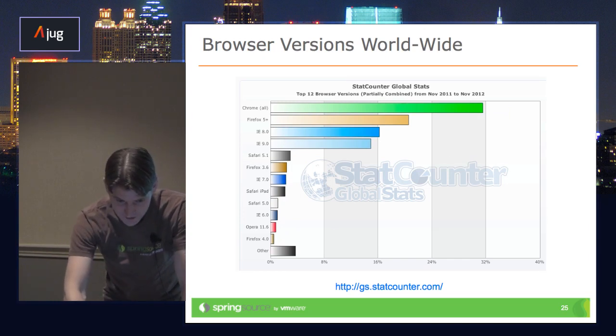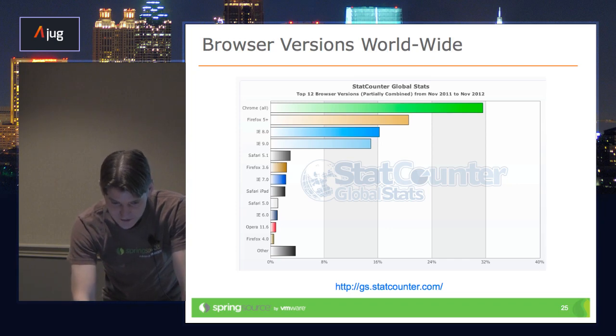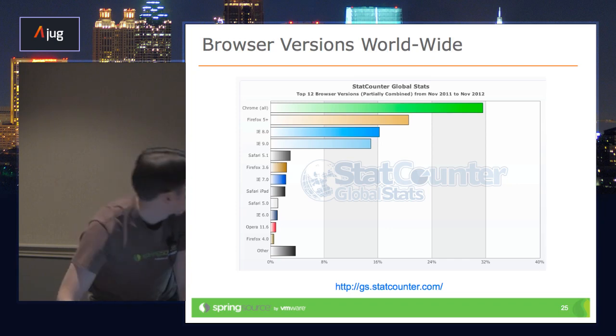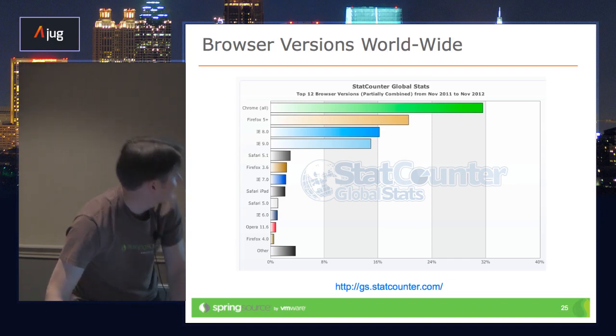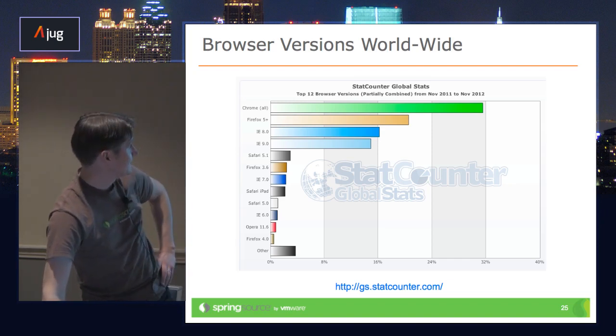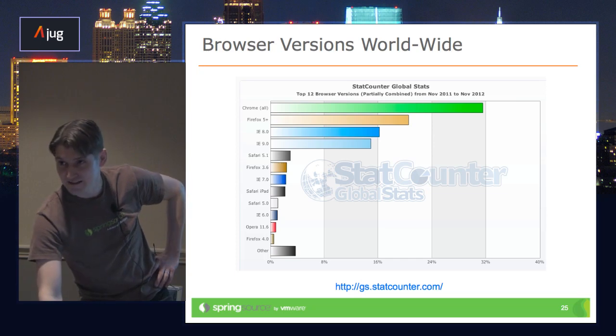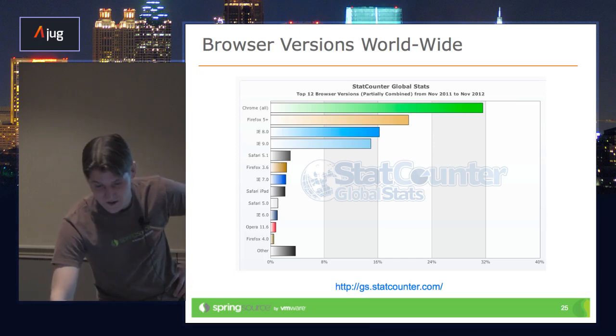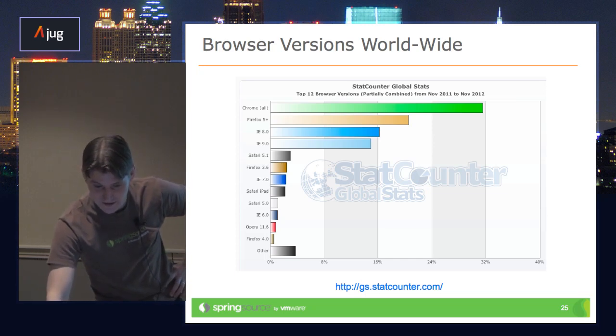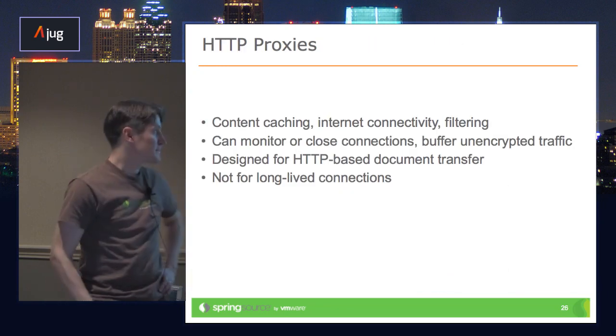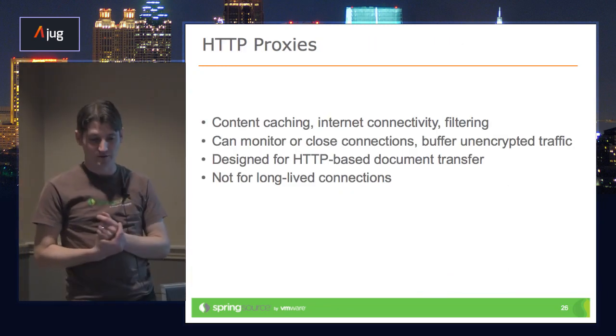Browser versions. Chrome certainly seems to be in the lead these days. Still a little bit of things tapering up, but even there, IE8, IE9, IE10, when I checked, didn't even show up in any of the stats. So maybe next month. Let's see. But just something to be aware of.